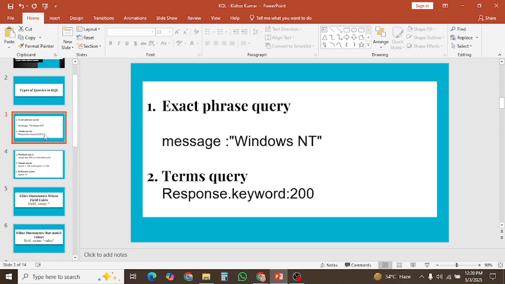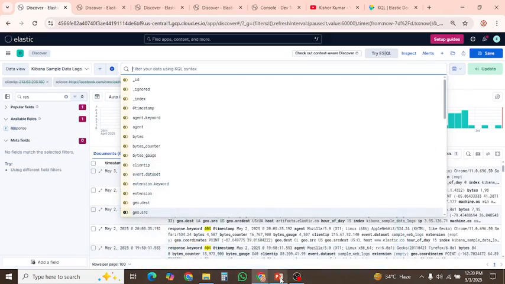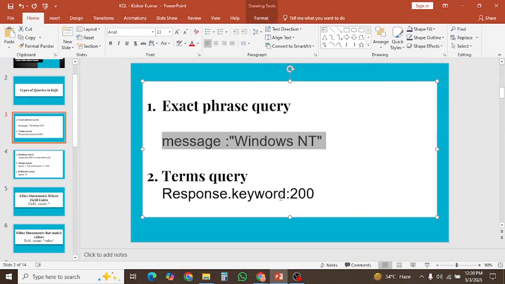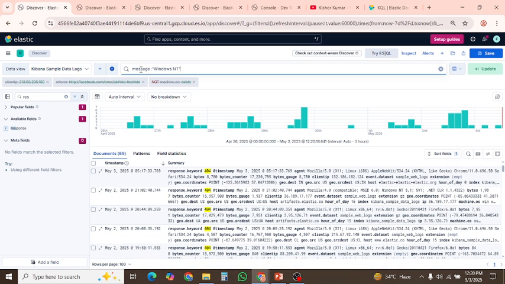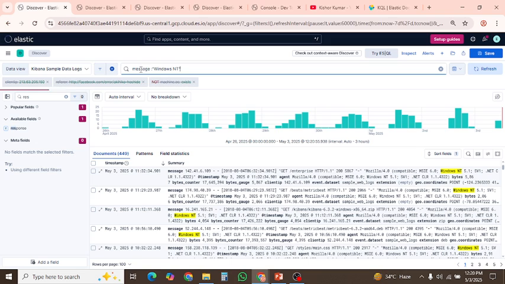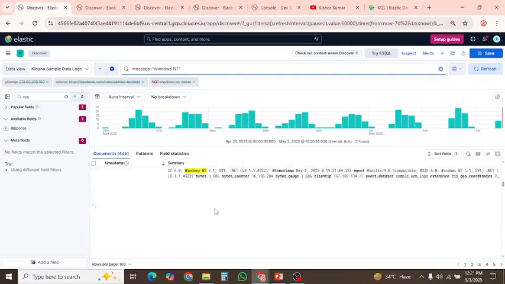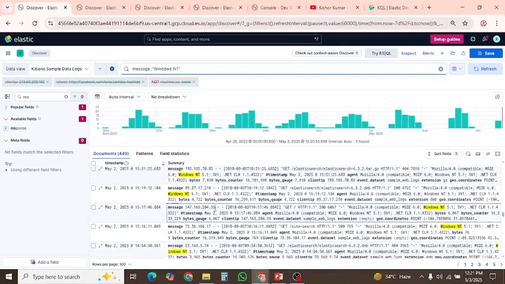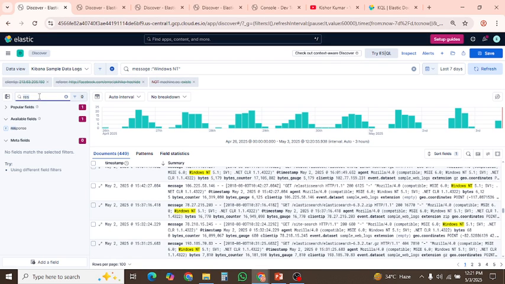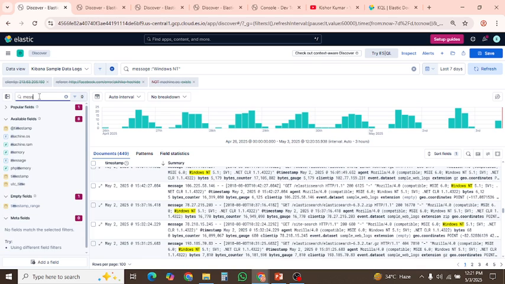Now if we search for the message exact phrase, let me copy it here and edit here. The message is a text field. You will search the phrase in message, and you see the message contains the same order of words, and it will give me the results of those records which contain this exact phrase, in the order that I have given. And you can also add the fields to the table if you want to look at it